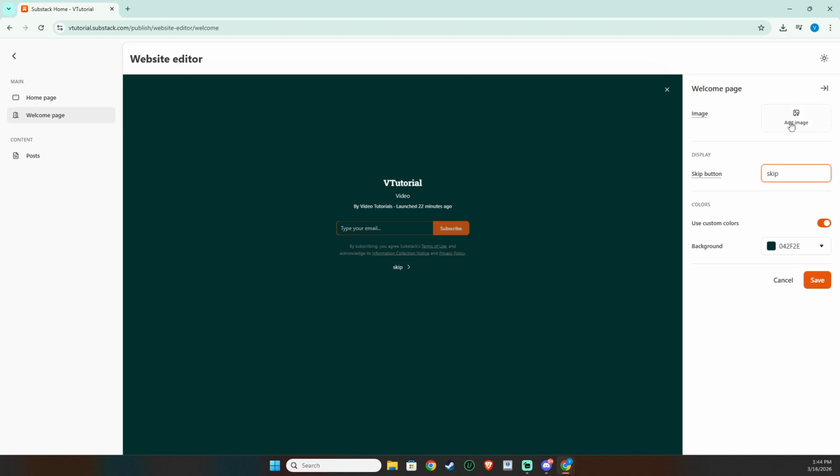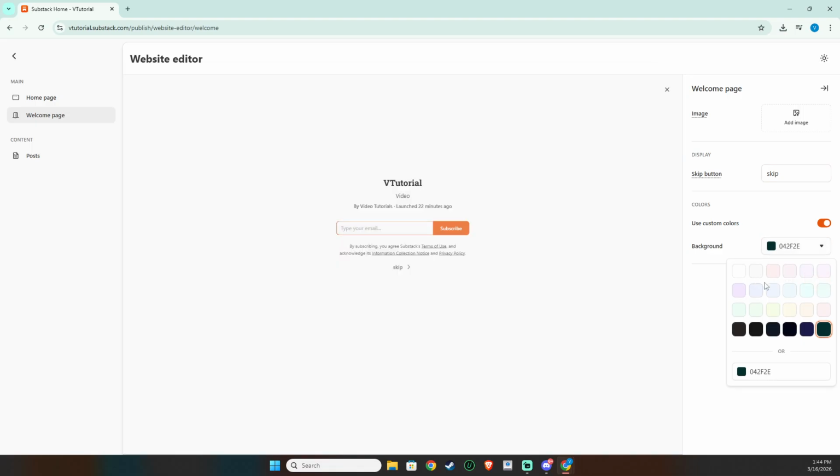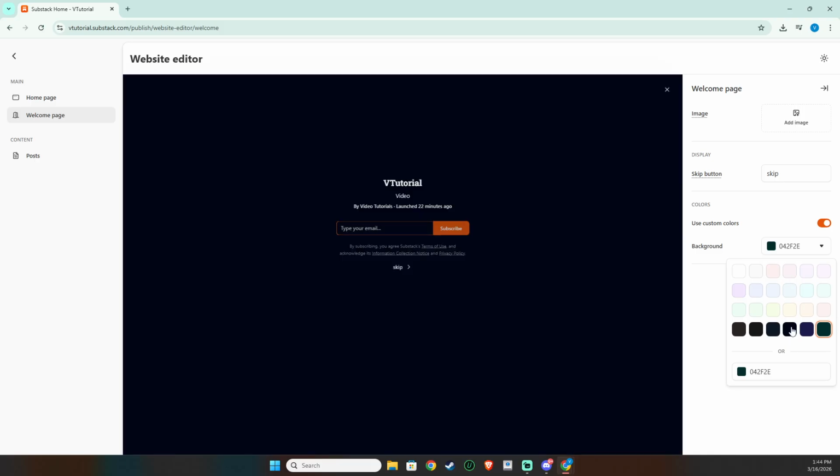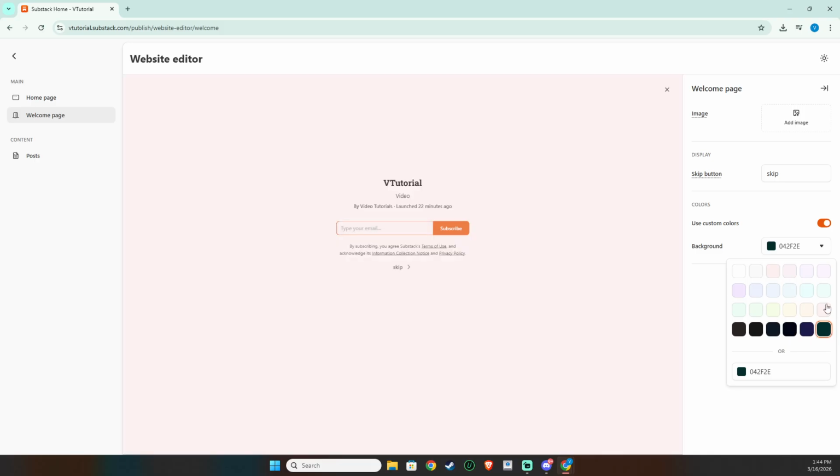Next, you can change the background color. Pick a color that aligns with your brand and maintains strong contrast with your text for readability. If you use brand hex codes, enter them to stay consistent, and consider how the color feels to new readers: warm, cool, bold, or neutral.